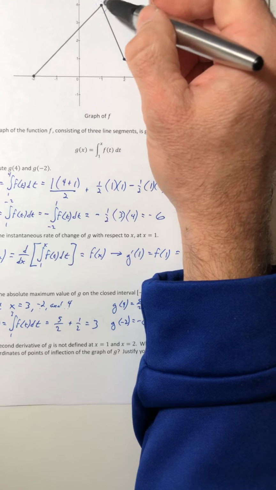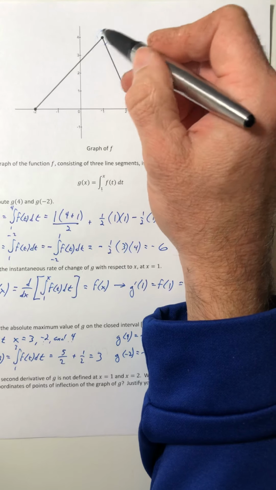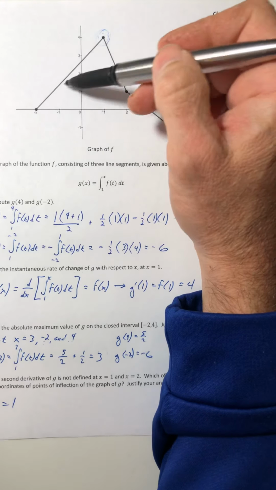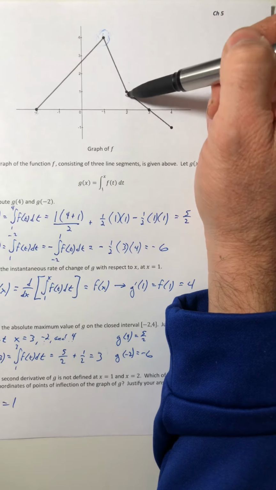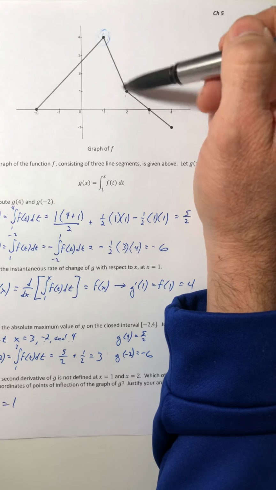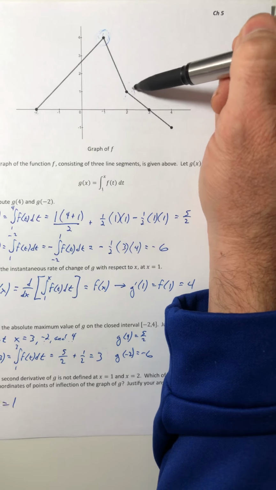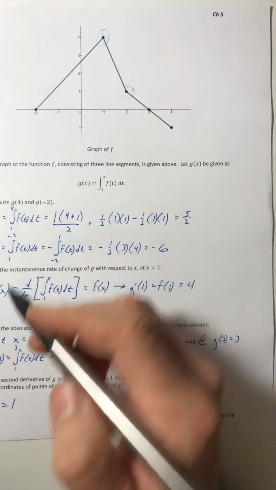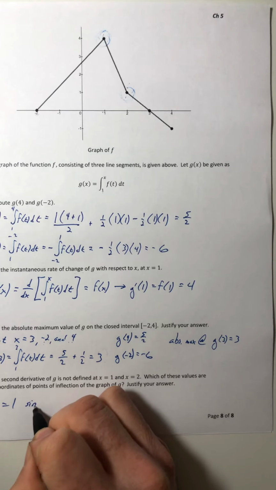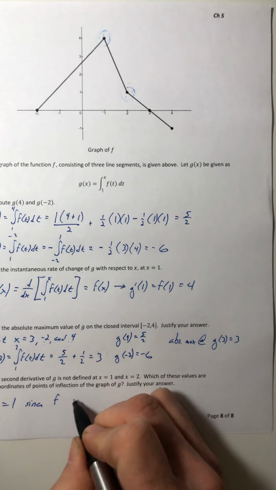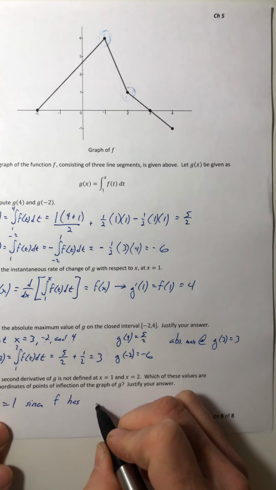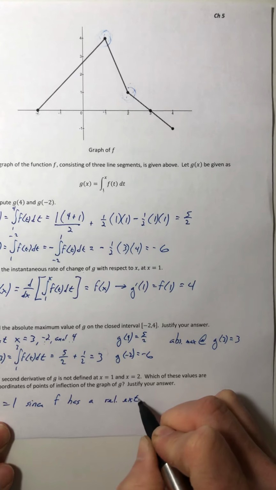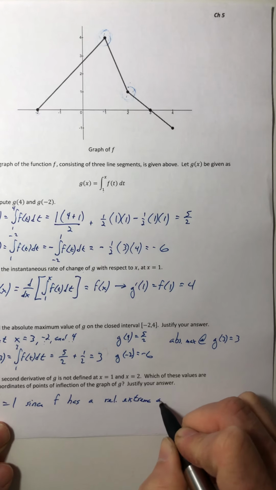Well, it's going to be this one up here when x is equal to 1. And how do I know that? Well, that's because that's where this graph, the derivative of g, has an extrema. There's no relative max or relative min here, so it can't be an inflection point. So x equals 1, since f has a relative extrema at